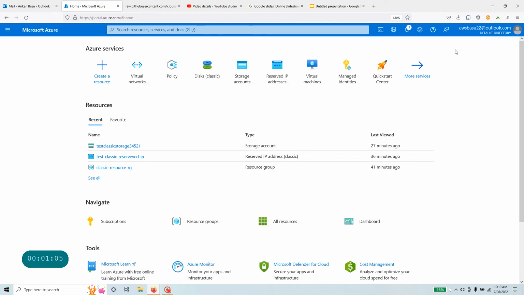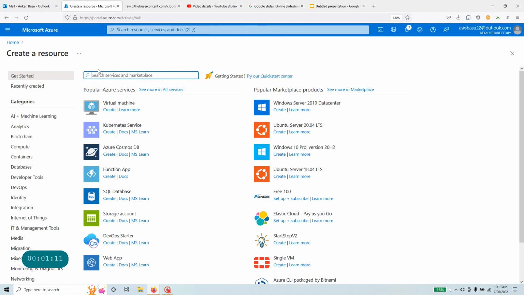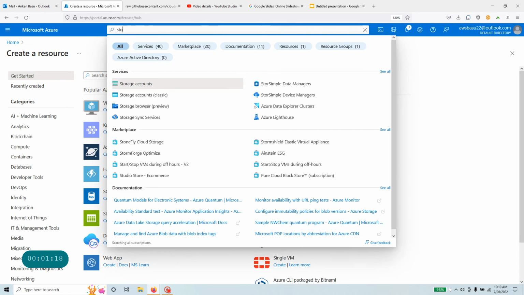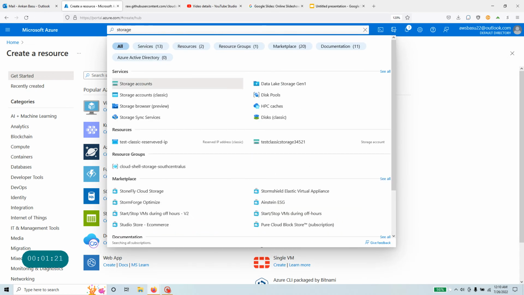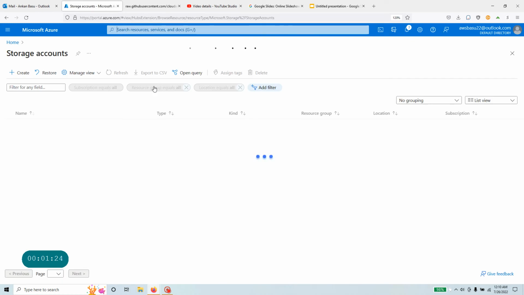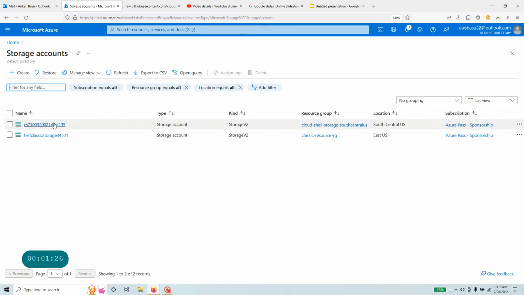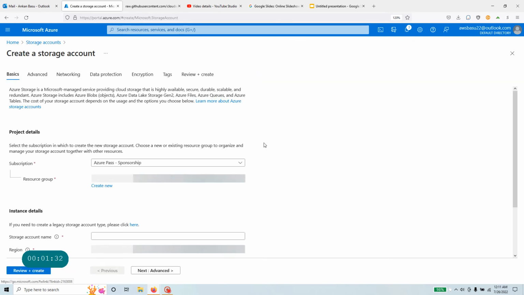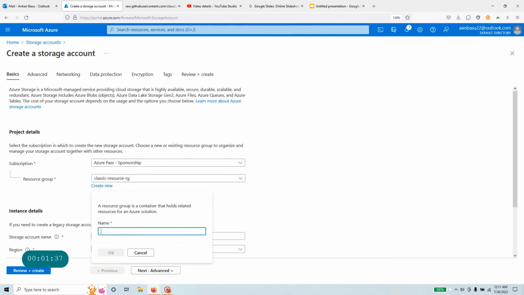Now, what I want to start with is deploying a storage resource using the default configurations. So I'll go ahead and search for storage accounts. Okay, so select the storage account. Looks like I have a couple. I'm just going to create one more for this demonstration. Okay, and I'm going to create a new resource group. I'm going to call it storage demo